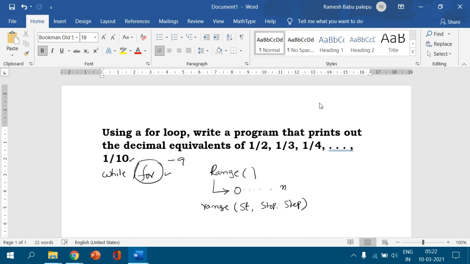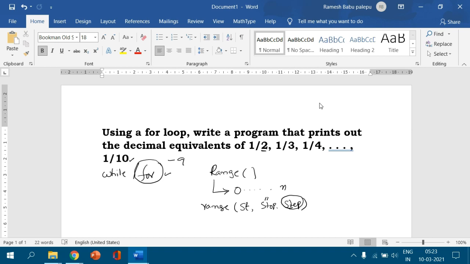Here the starting number is 2 and the ending number is 10, but it will stop the loop before the ending number. I will omit the step, that means how much it will be incremented.